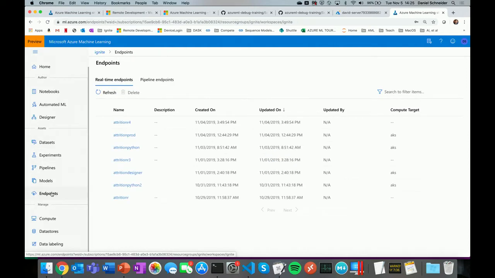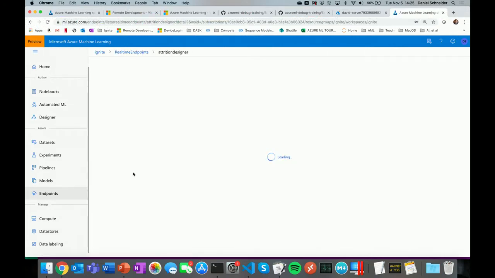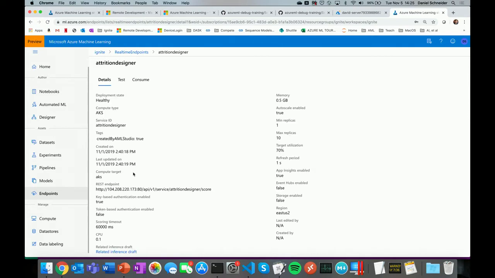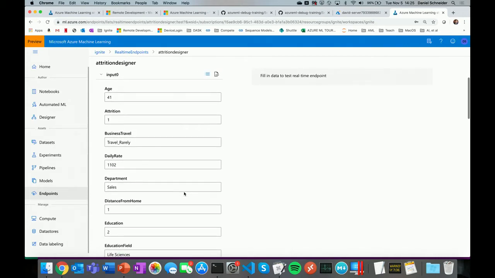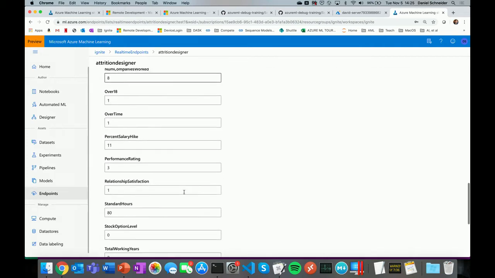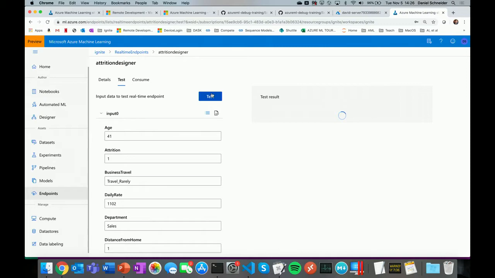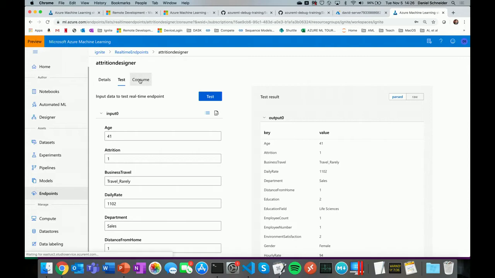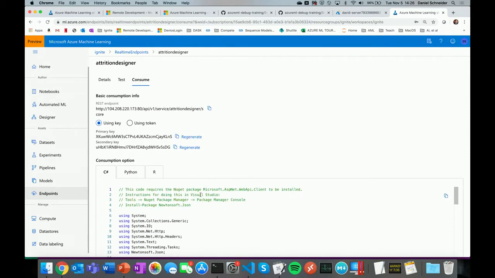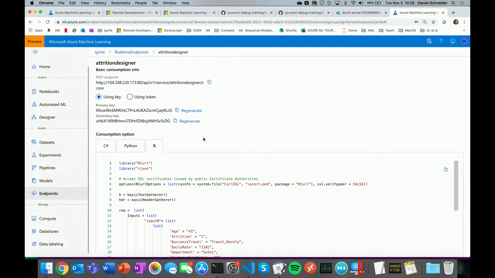Okay, moving up here are the endpoints. These are the actual deployed models as web services, as REST APIs. If I take this one from the designer, it's particularly nice because it gives me the ability to test this in place. I can have this model predicting the attrition of an employee in my company, and there are all these features that the employees have. In the end, if I run this through, the test is going to yield, okay, there's a 10% probability that this person is going to churn. And I also get a lot of information here on how to consume this in different languages, including the